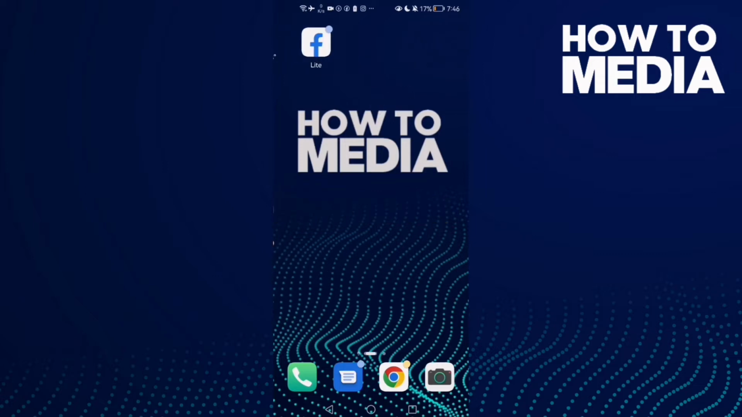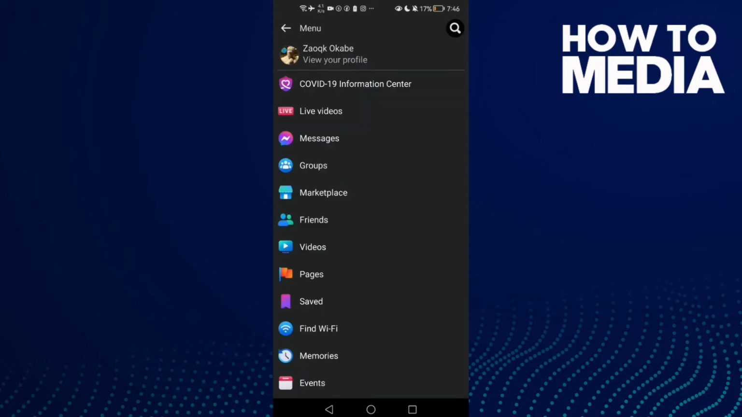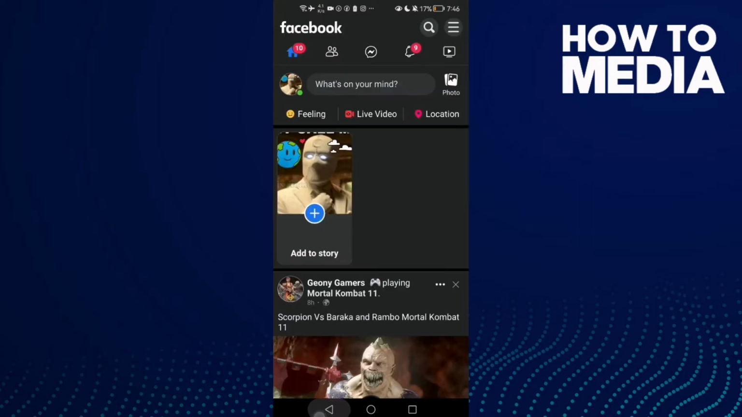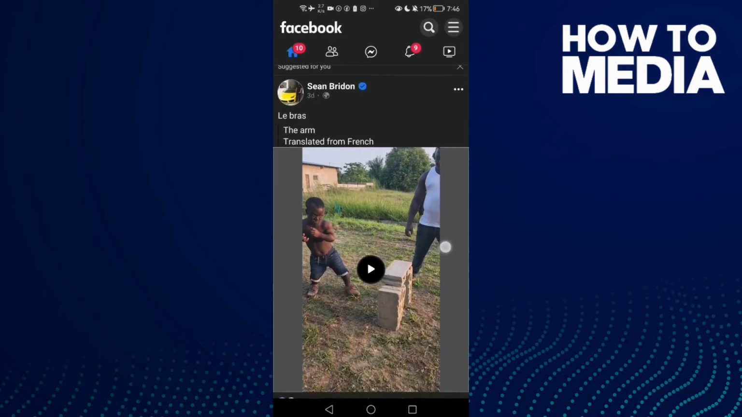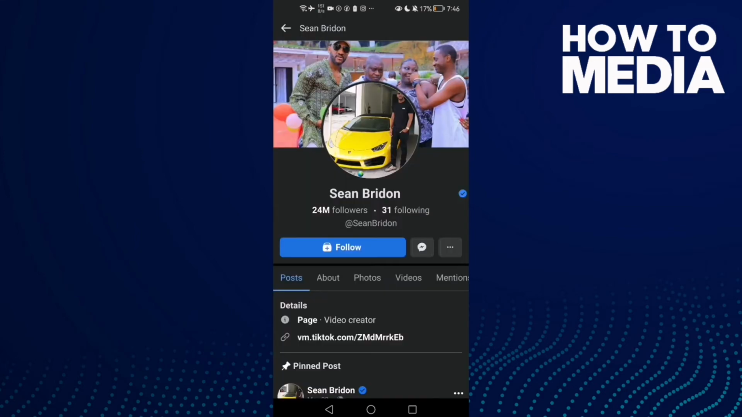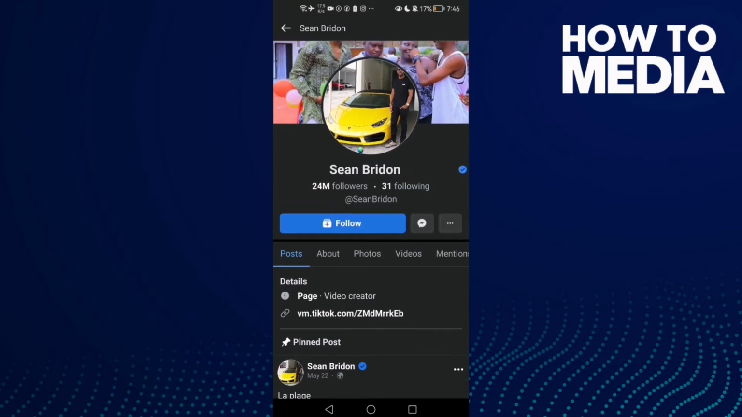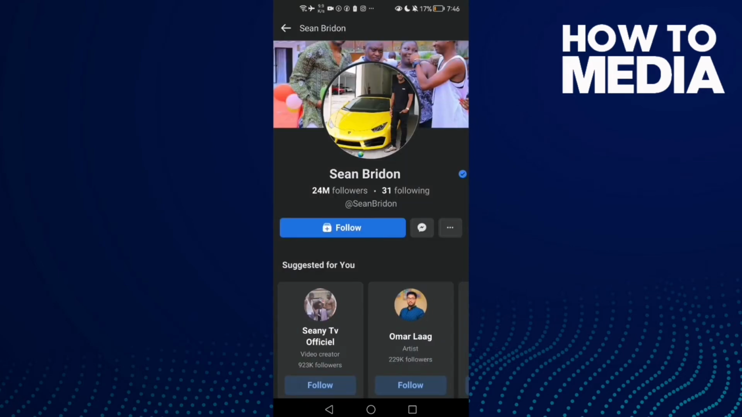First, just go to Facebook Lite and then click these three lines here in the top corner, and not here, you just need to find this one here. Click on it, click on his profile, and then here you will find follow. Just click on it, and